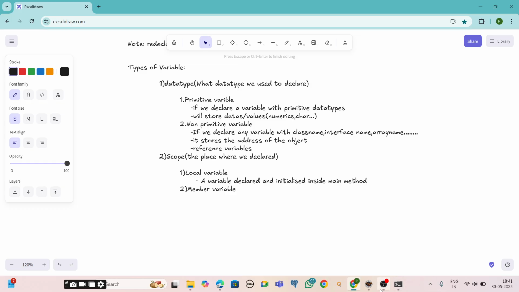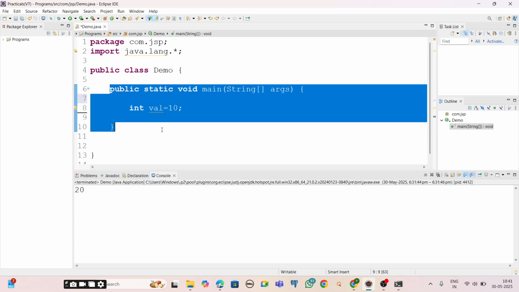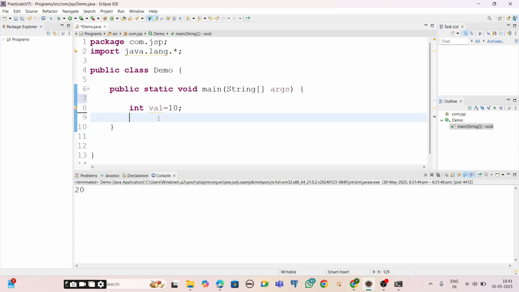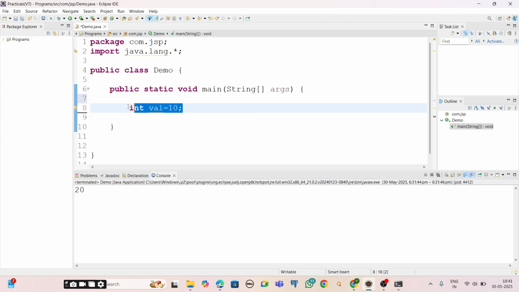Let me show. This is the main method, right? If we declare any variables inside this main method, then these variables are called local variables.